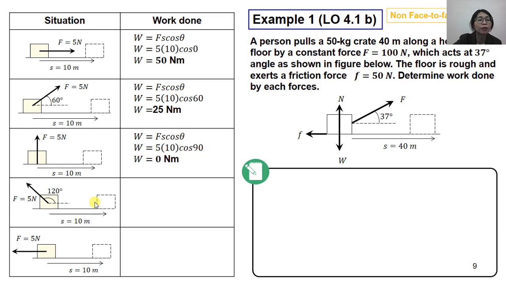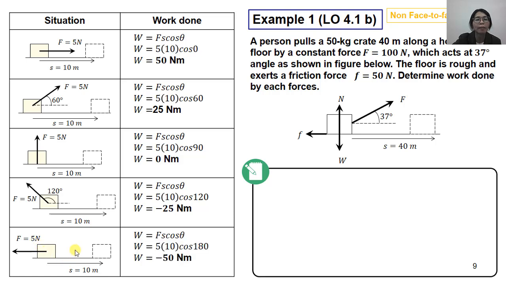Then if a force of 5 Newton is applied in a direction in which the angle between the force and displacement is 120 degrees, then my work done will become negative, which is negative 25 Newton meter. Then if the object is being displaced forward and the force acting is leftward, so the angle between the force and the displacement is 180, then I'll find out that my work is